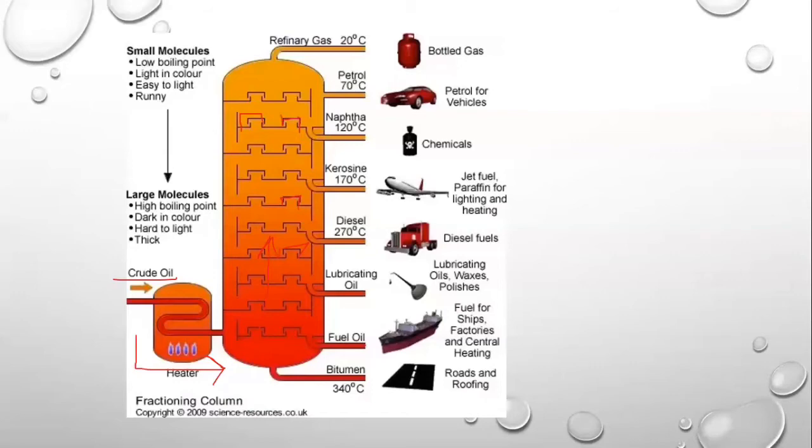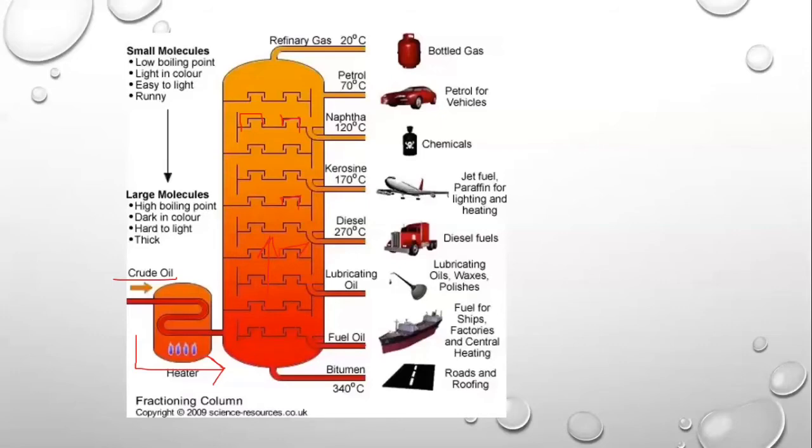Whenever the vapors are above their boiling point, and they reach a temperature lower than their boiling point, they are going to condense. These caps are going to help condense the vapors in a very efficient way and prevent the vapors from rising further. So the longest hydrocarbons, the longest chain molecules, have the highest melting and boiling point, as we have studied, because of their molecular structure. That's why they are going to condense at the bottom.